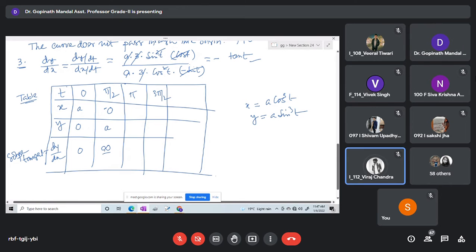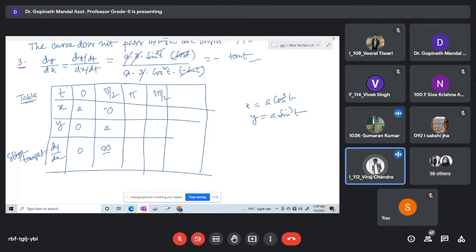So we are making a table when we have the form of trigonometric functions in parametric form. What if we don't have trigonometric functions in a parametric form? How will you make a table then?